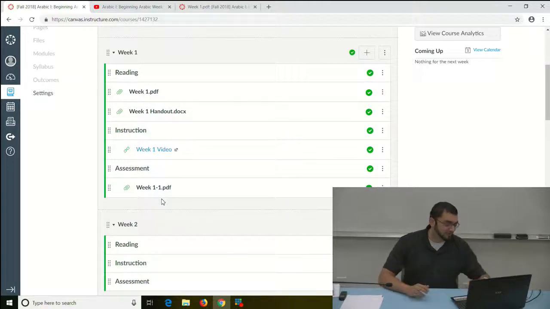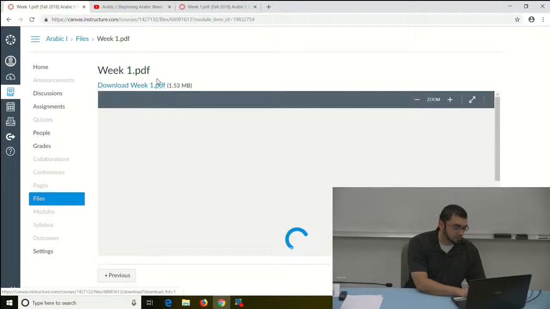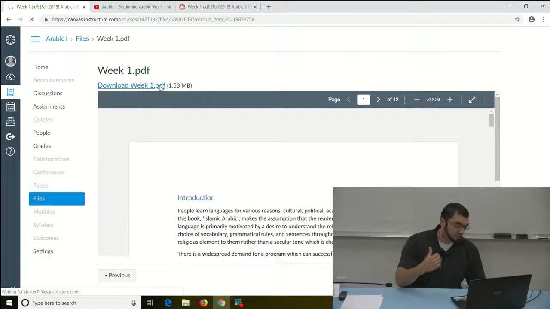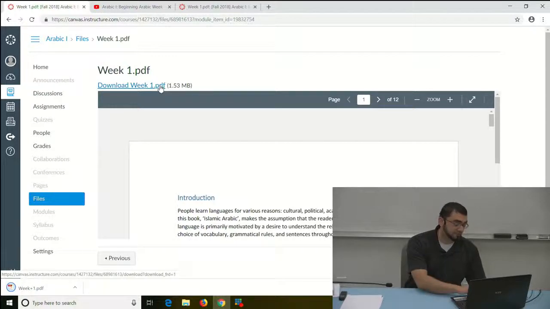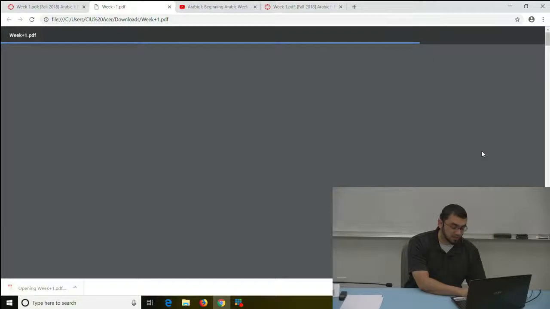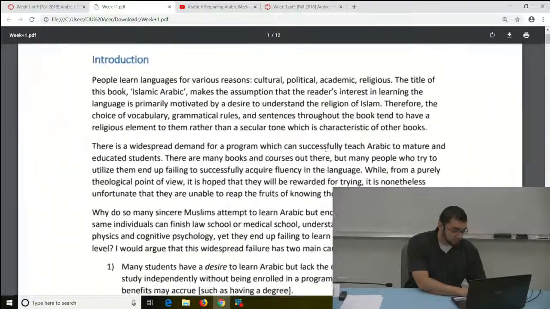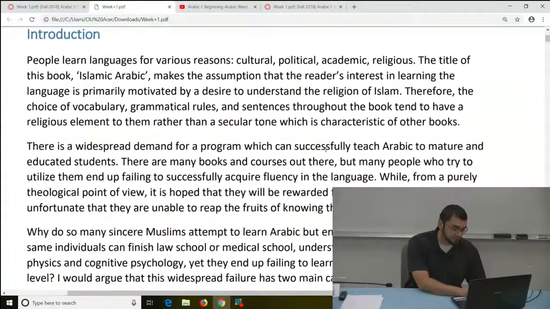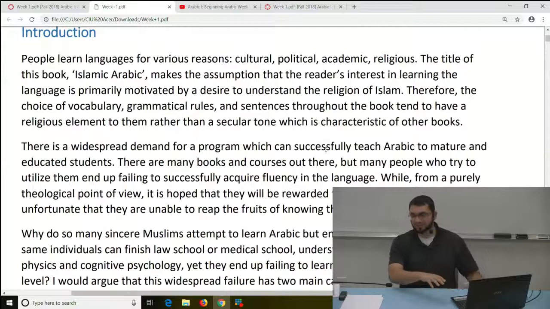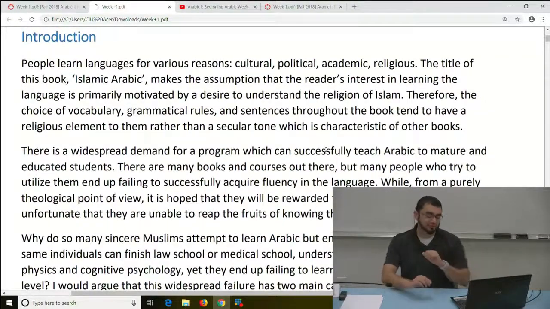Okay, good. Alhamdulillah. So what we're going to do, this is what I do generally. I'm going to download this PDF, and almost every week, instead of slides, we're going to have a file open over here, since mostly we're not reading, we're actually looking at some material. But this is the first day of class, so there's a little bit of an introduction, okay? You don't read this. This is just going to show where we're going, okay?